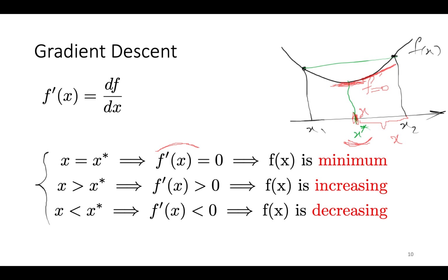On the other hand, if you use it here, it's obvious that f prime of x is smaller than 0, thus it shows that f of x is decreasing. So using these three basic rules, we can start expanding